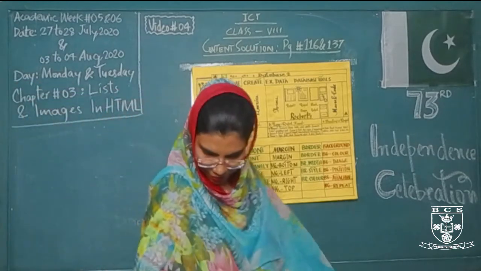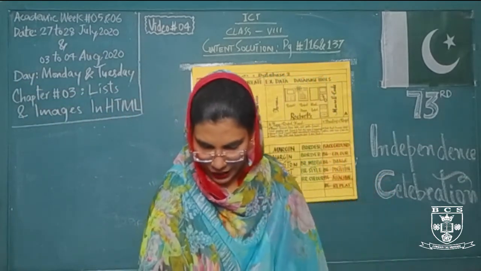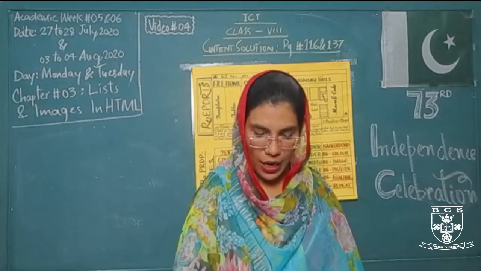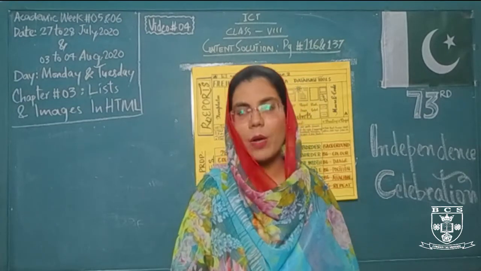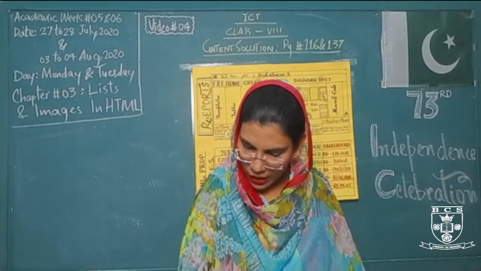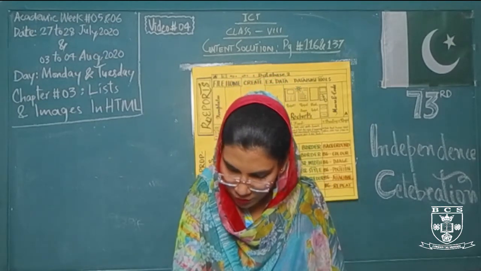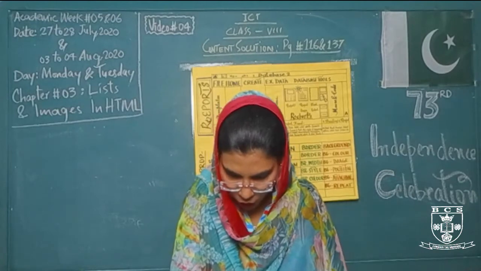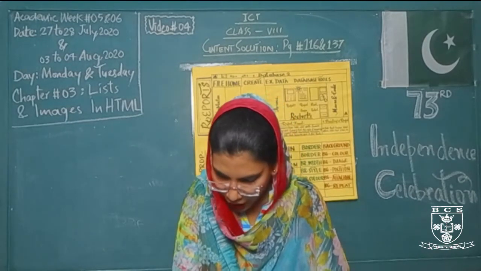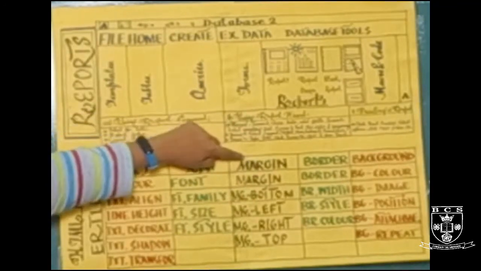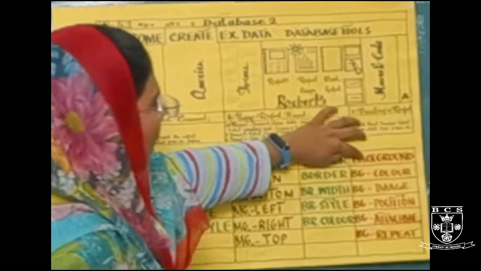On page number 51, we have a grand table from page number 51 till the middle of page number 54, and this grand table has all the different properties regarding HTML that you have studied in the previous class. So on the board we will have a brief description or brief introduction of these properties. These are HTML properties, and we can assign these properties for text, font, margin, border and background.